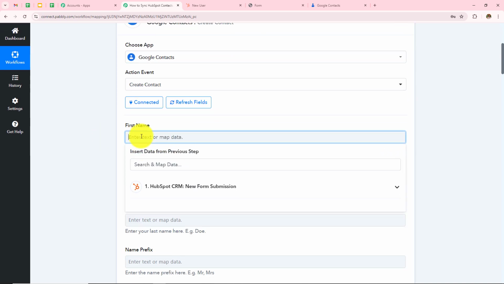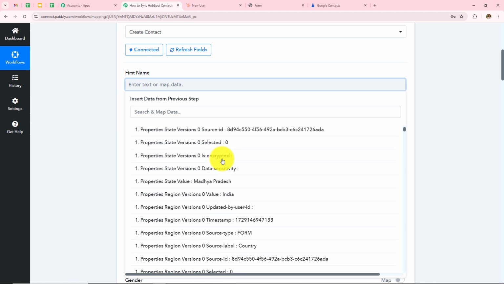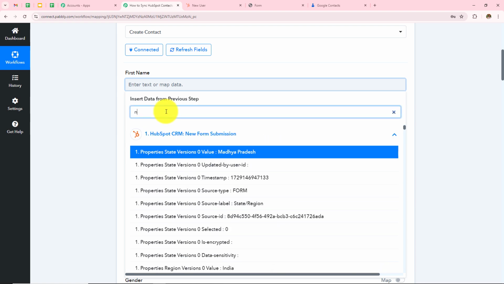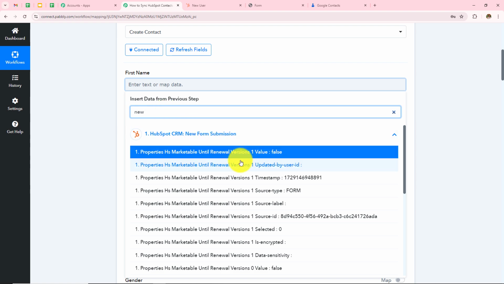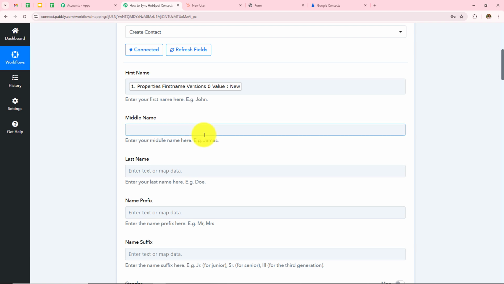So as soon as I click on this first name field, I will be able to find this HubSpot CRM, and as I click on this, I can see all the responses that I have received from there. Now I need to enter the first name. So the first name was new. Here I will enter the name by clicking on that response,